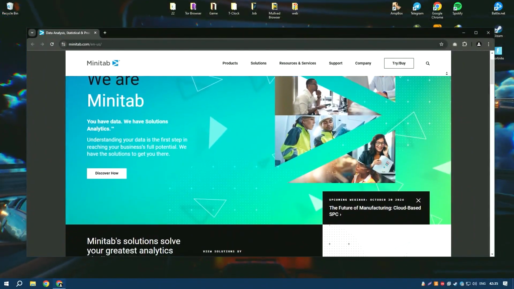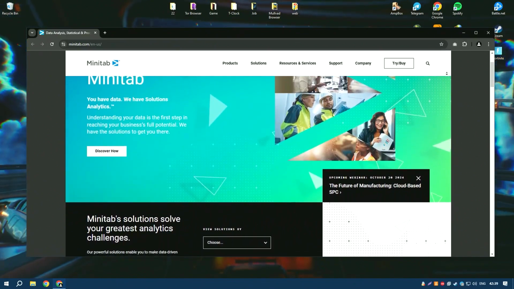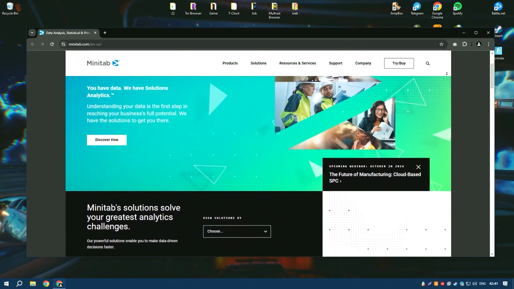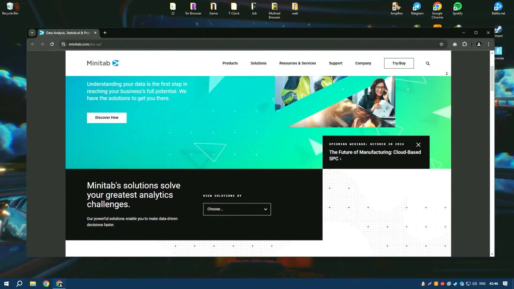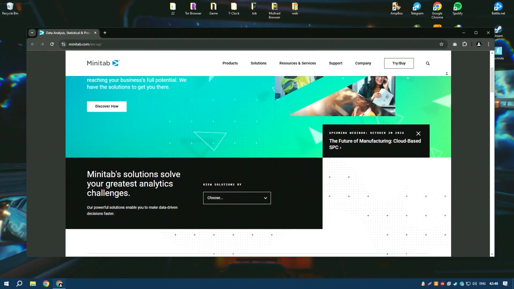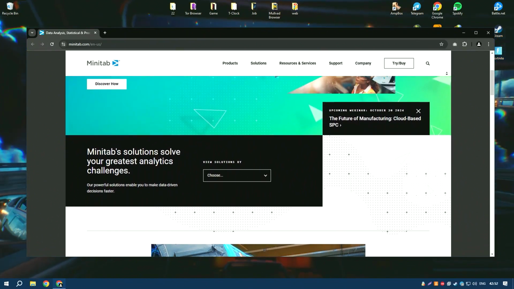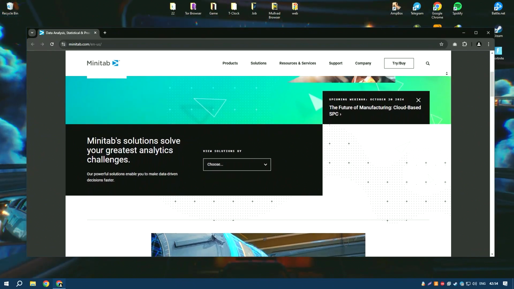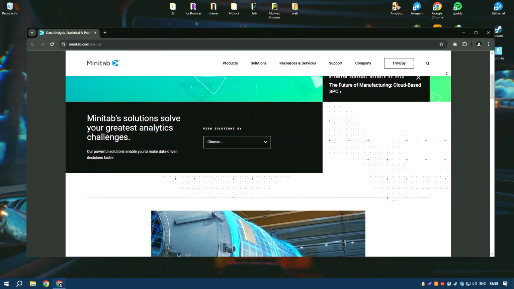Minitab 2024 is a powerful statistical software package designed for data analysis, quality improvement, and Six Sigma projects. It provides a comprehensive suite of tools for statistical analysis, including descriptive statistics, regression analysis, ANOVA, and more. The software is known for its user-friendly interface and ease of use, making it accessible to users with varying levels